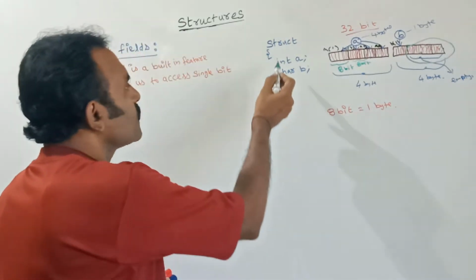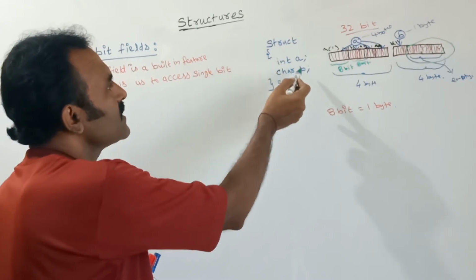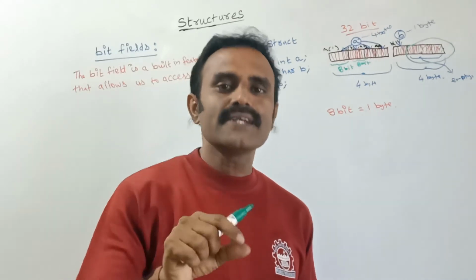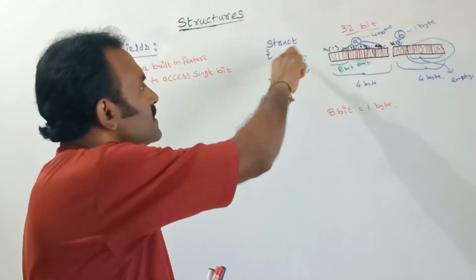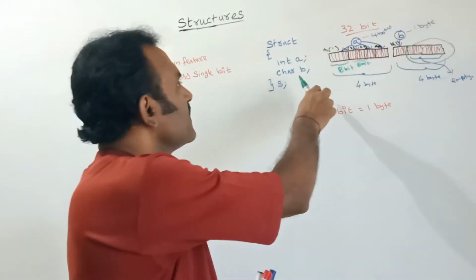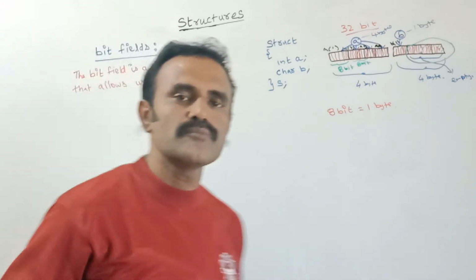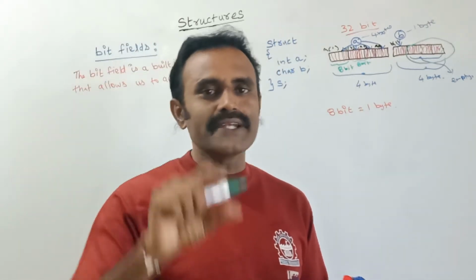So how many structure members have we created here? One is integer, another is character type. If we want to store the data at byte level, then we can store it in a normal data type. Each and every one takes byte-wise space, because character is 1 byte, integer is 4 bytes, float is also 4 bytes. Everything is allocated byte-wise.